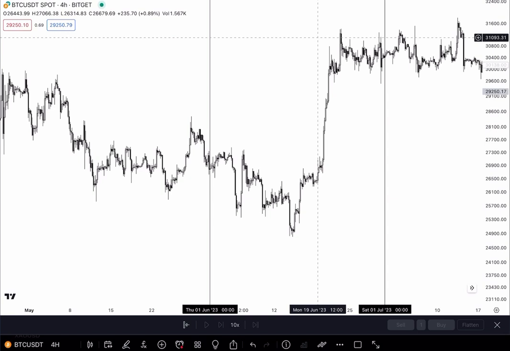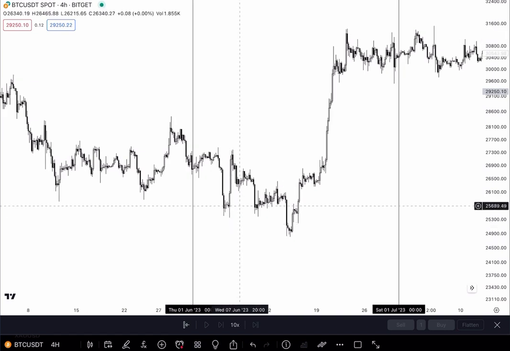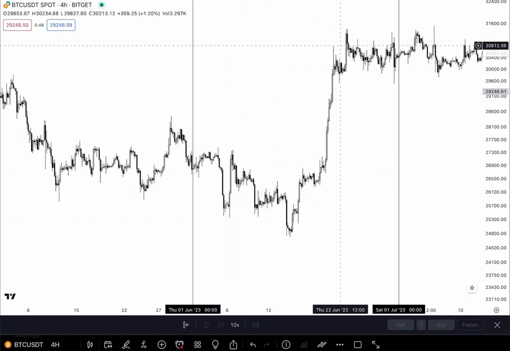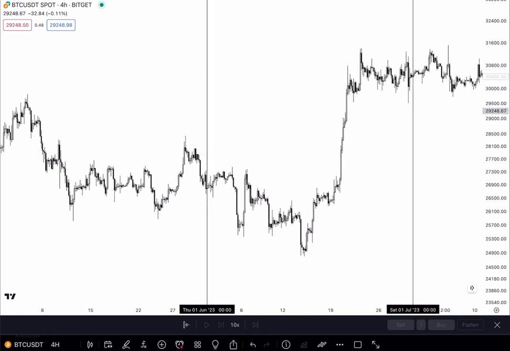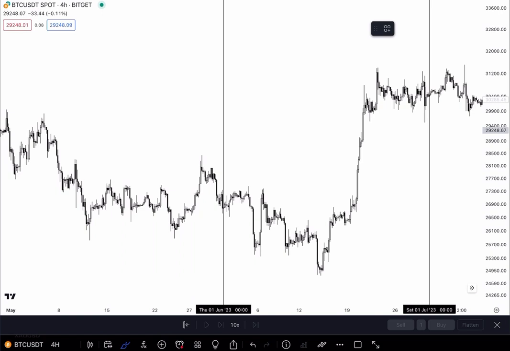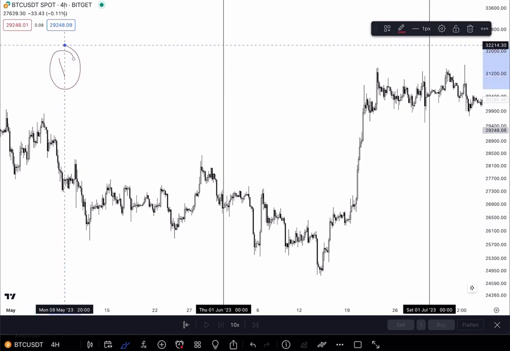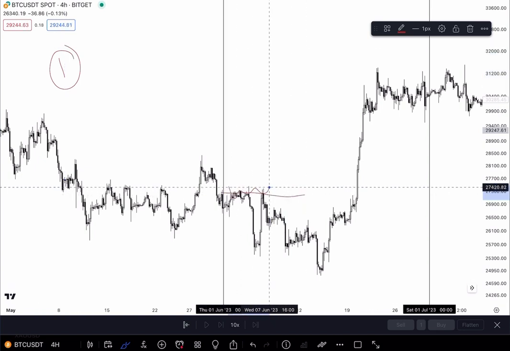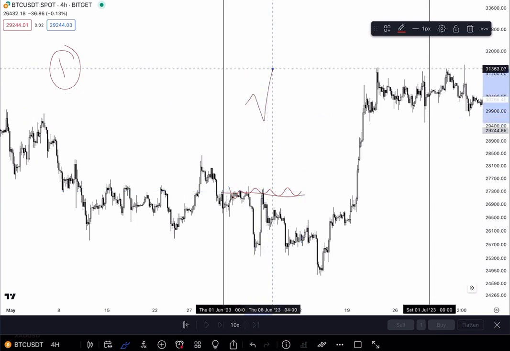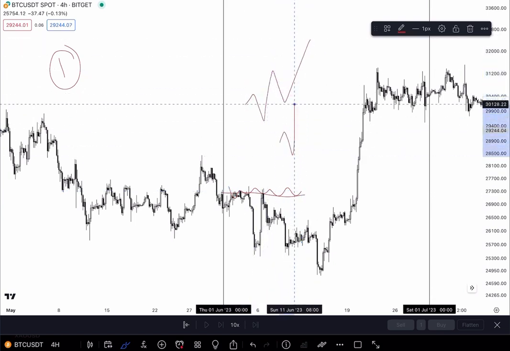That's cool, but here's a question. How do you make sure that you weren't tricked into this being the bottom? Right? You could have well and easily done that. You could have bought here, turtle soup, right? And then you could have been suckered in and stopped out before the move. That is possible. That can be avoided in two ways. Number one, always wait for the confirmation of the high being broken, right? Whether it's the opening price being flipped, or it's the high that broke the low being flipped, all right?